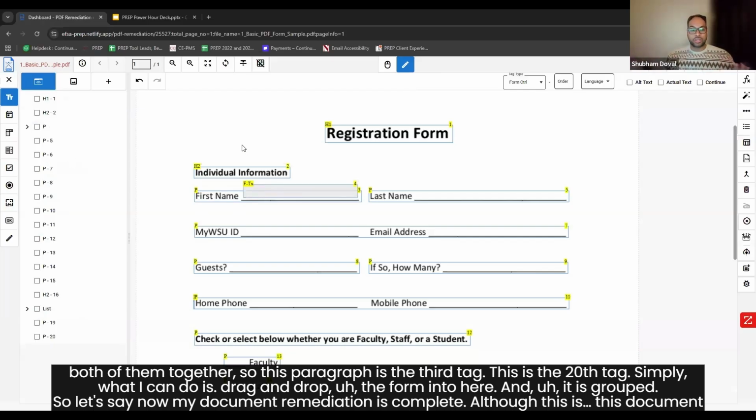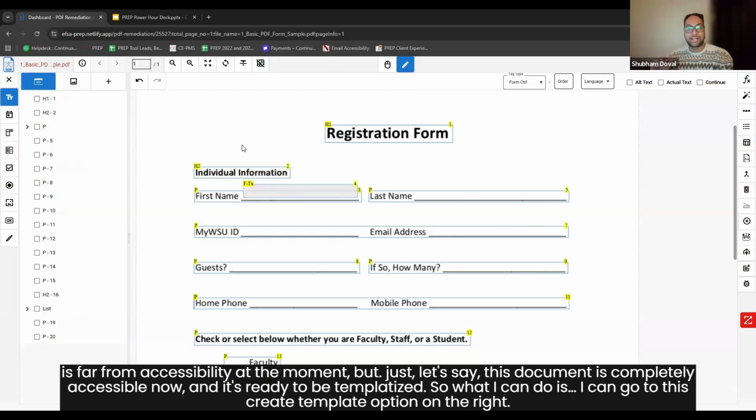So let's say now my document remediation is complete. Although this document is far from accessibility at the moment, but just let's say this document is completely accessible now and it's ready to be templatized. So what I can do is I can go to this create template option on the right, simply click on it